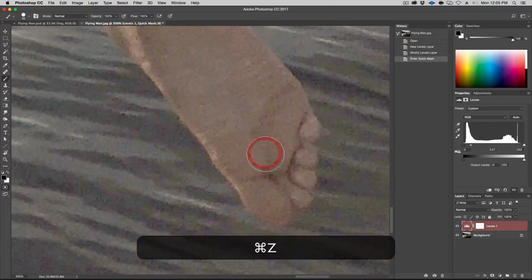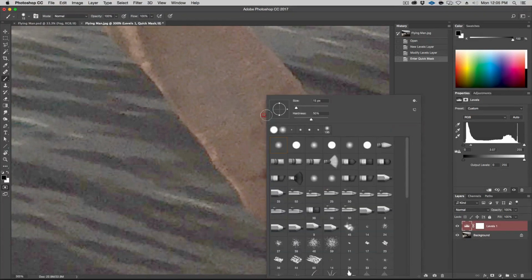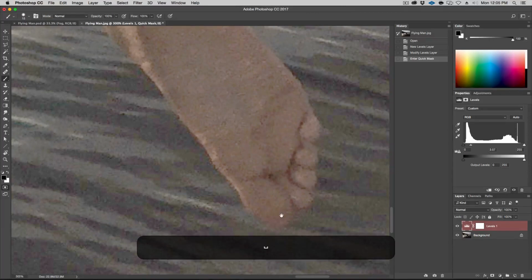In this case, this brush is much too big, so right click and let's do 15 and 50. The smaller your brush is, the smaller your hardness has to be, because a 10 pixel brush with this 85% hardness is going to seem almost like a very, very hard brush. Whereas on a big brush, that gradient is proportionally bigger. All right, so hit return on this.